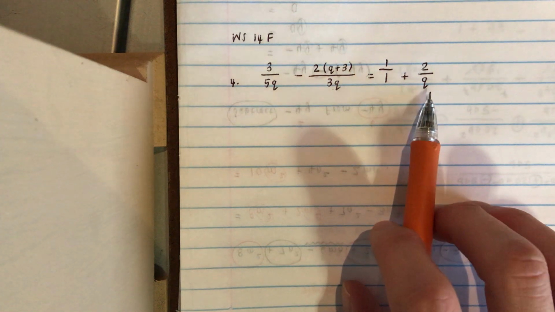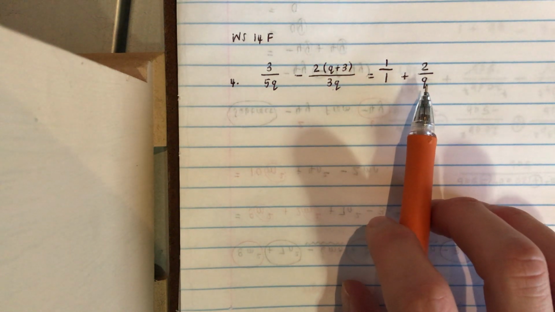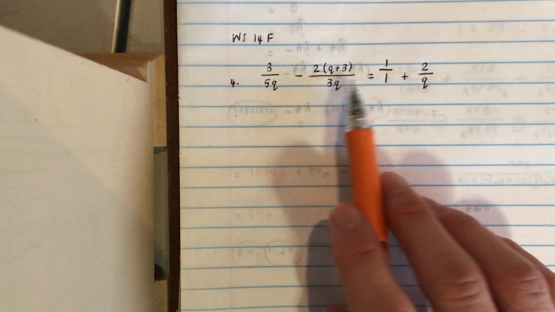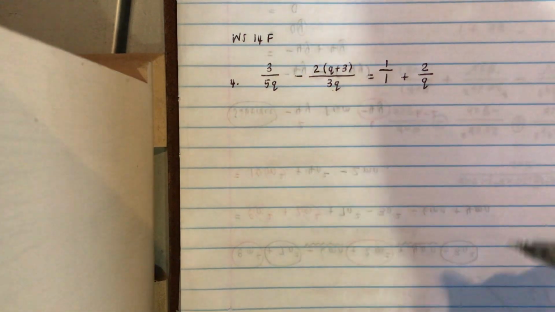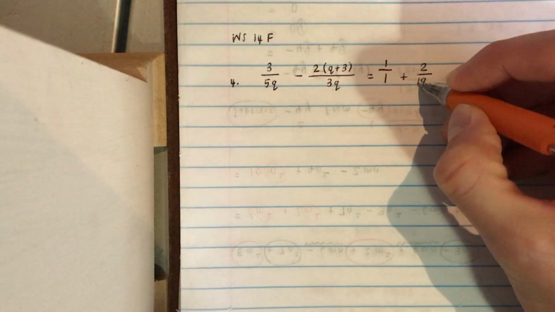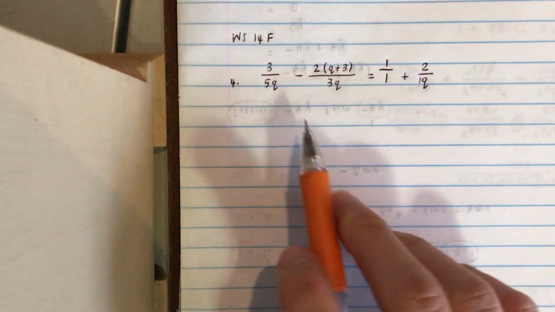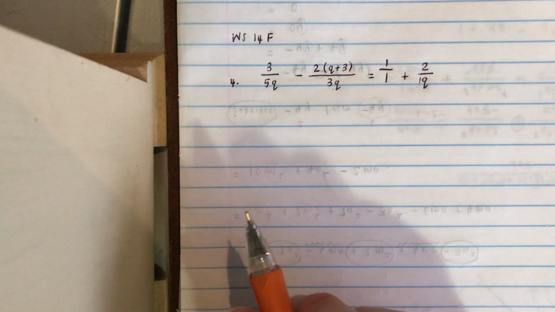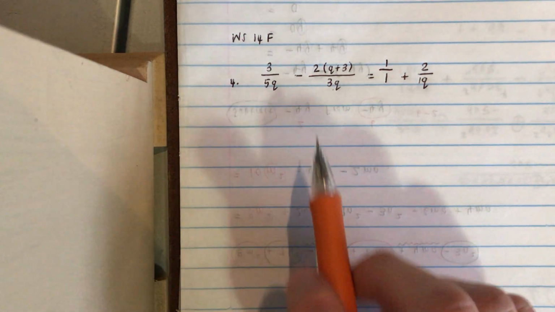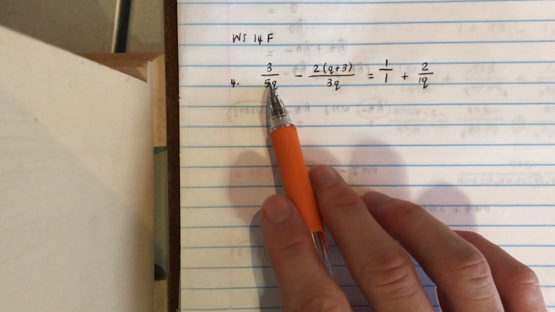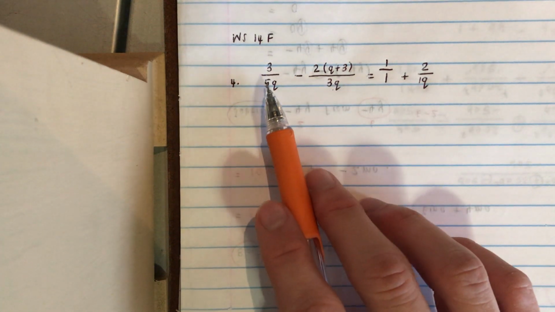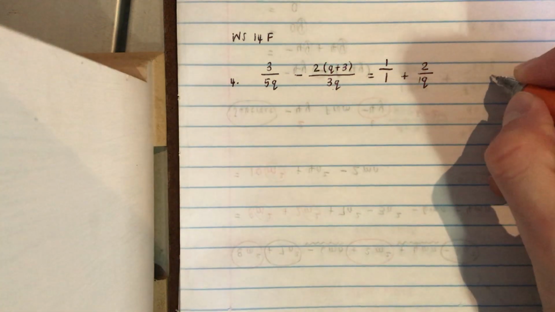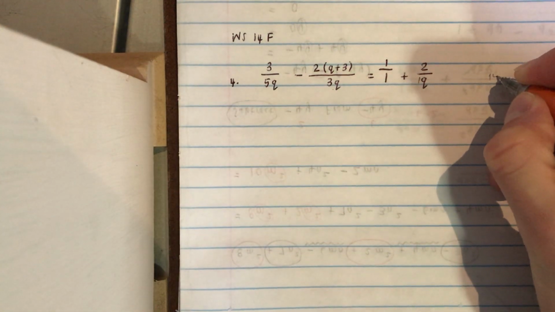So we have a 5q, a 3q, a 1 and a q. So the first thing that you need to do is determine the lowest common denominator for the coefficients. So we have a 5, a 3, a 1 and there's also a 1 in front of the q. So pretty much it's just between the 5 and the 3, so it will be 15. Because 3 can't go into 5, and 3 can't go into 10, but 3 can go into 15. So 15 is the lowest common denominator when you look at your